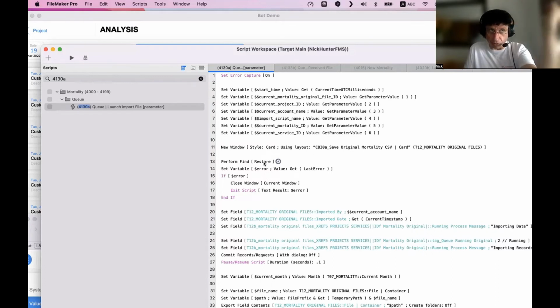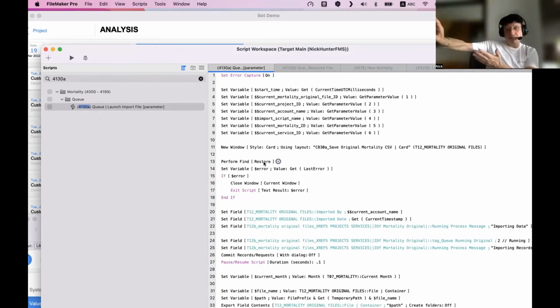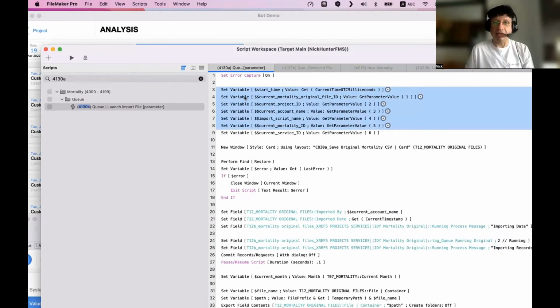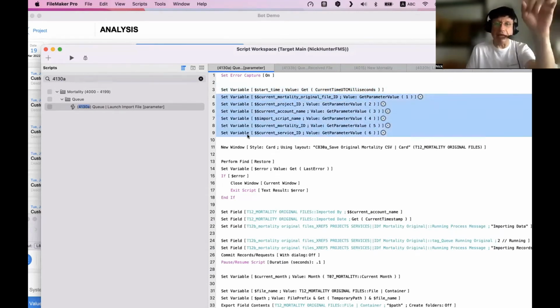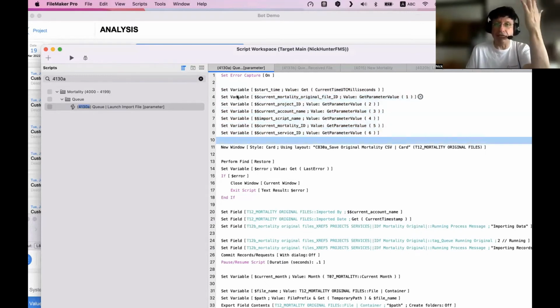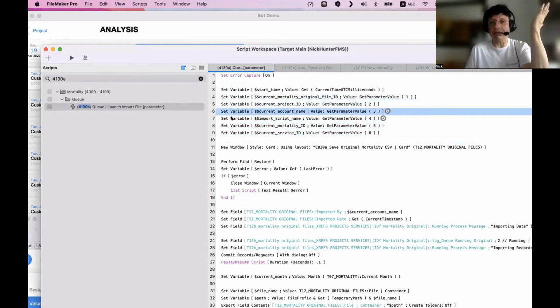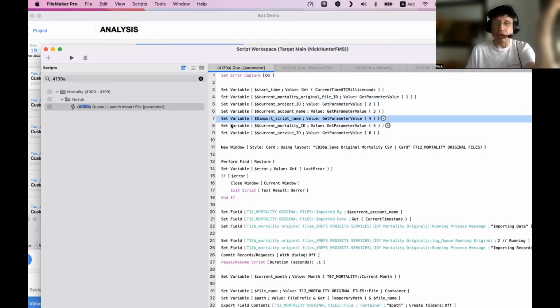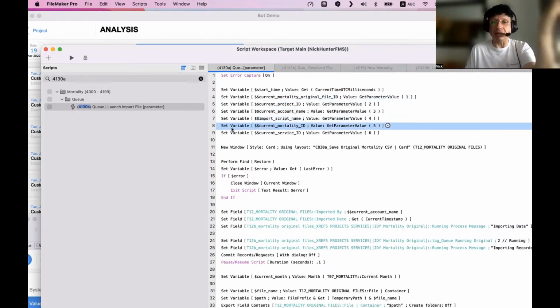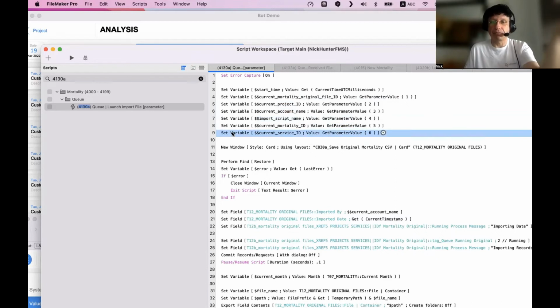From the script's origin, from the window on my computer, I'm sending to the bots, execute the script 4130A with those 6 parameters, and they are here, 1 to 6. Those are my parameters, and in those parameters, I have the ID, the project, the account name, the script name, the current mortality ID, and the current service ID, right?